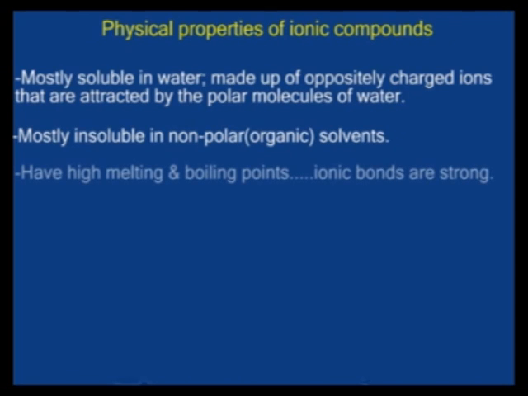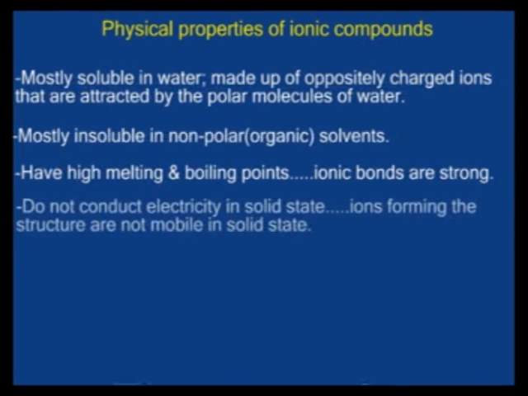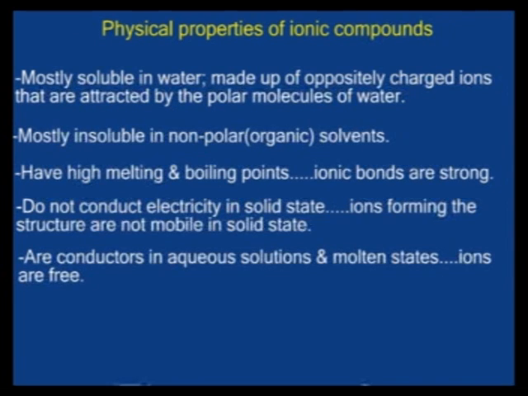Ionic compounds have very high melting and boiling points because the ionic bonds are very strong and require a lot of energy to break. Boiling and melting involves the breaking of these bonds, and thus a lot of heat energy is needed. In their solid state, ionic compounds do not conduct electricity. Why? Because the ions forming the substance are not mobile. However, in aqueous or molten state, the ions are mobile within the molten liquid or solution, and thus they conduct